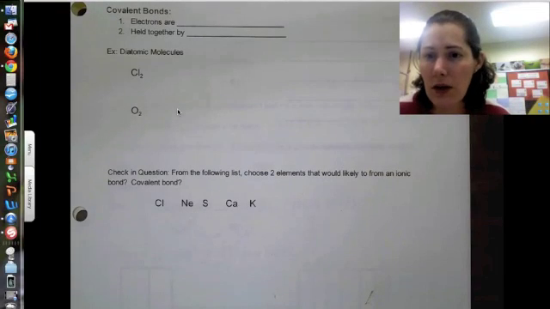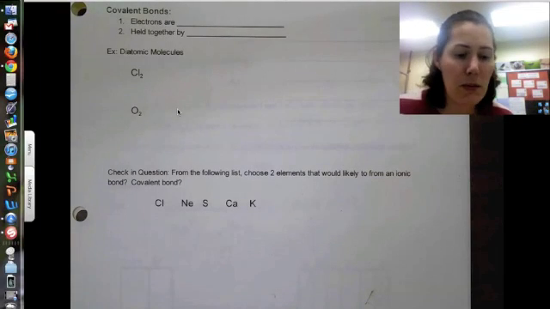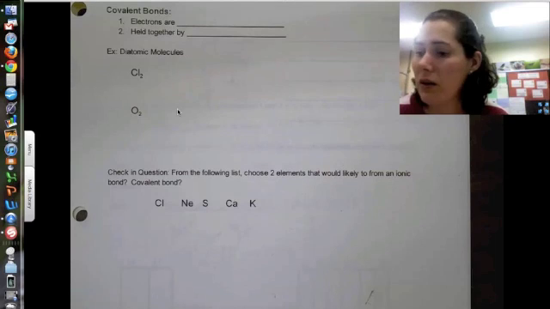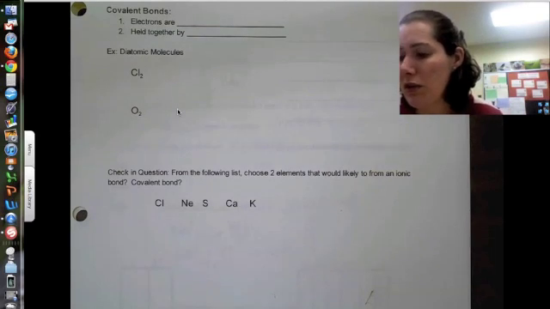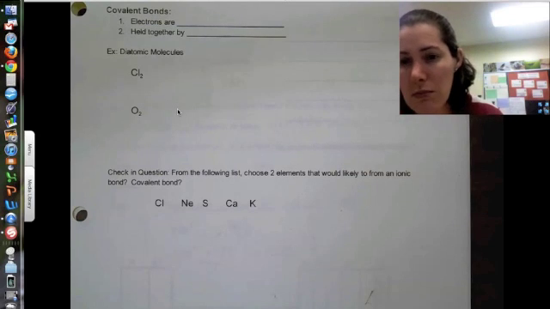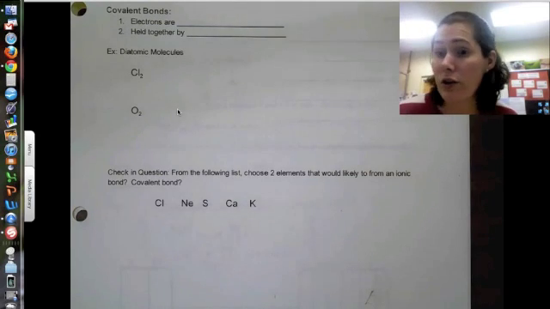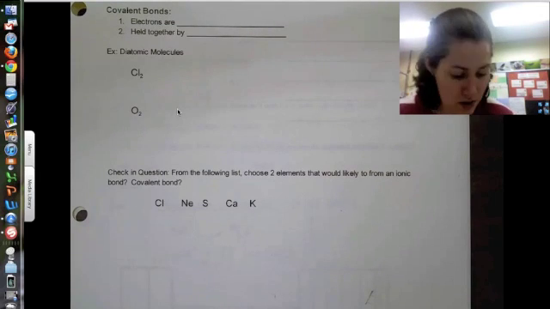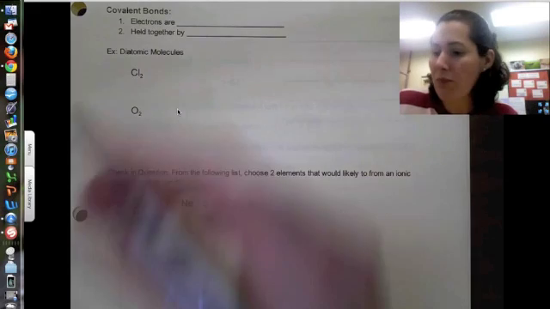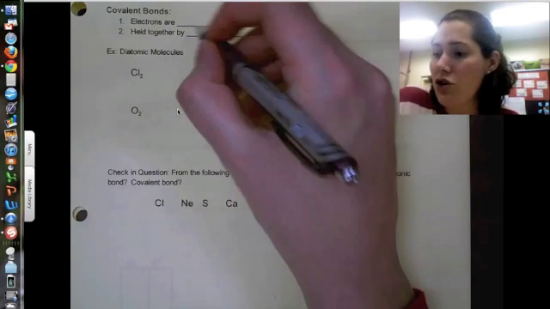Okay, we are on page 3 of our atomic compound notes. We are going to look at the other type of bond now, which is called the covalent bond. So we've just learned that ionic bonds form in their strong electric charge bonds. In contrast, covalent bonds are a weaker bond. Covalent bonds occur when electrons are shared